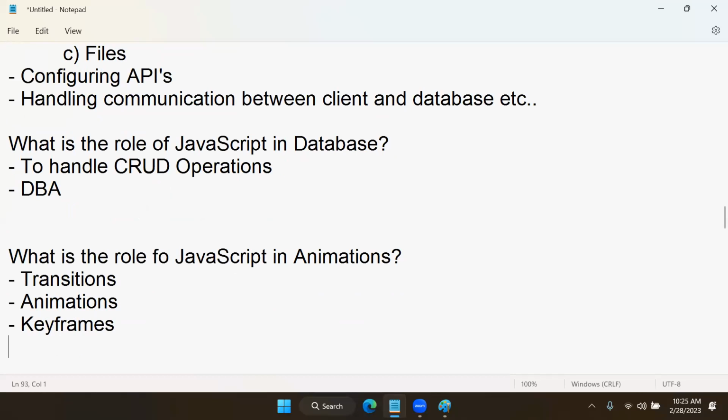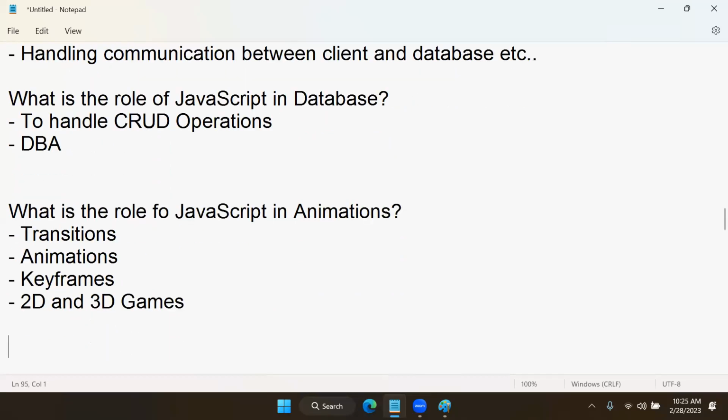JavaScript is actually used in building 2D and 3D games. You can even build 2D and 3D games using JavaScript. So the people who use JavaScript use it for all these reasons. And very important, what you may not know is